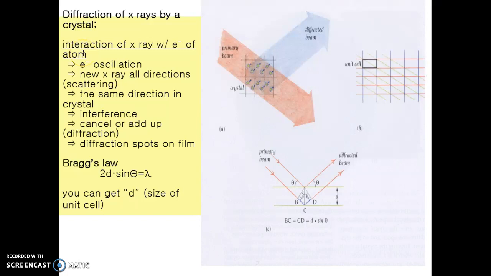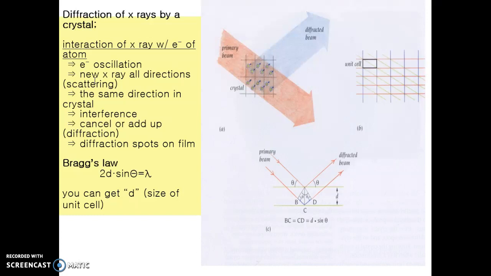X-rays interact with the electrons on each atom and cause them to oscillate. The oscillating electrons serve as a new source of X-rays, which are emitted in almost all directions, called scattering, when